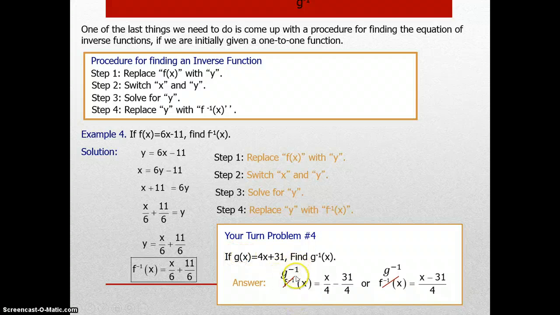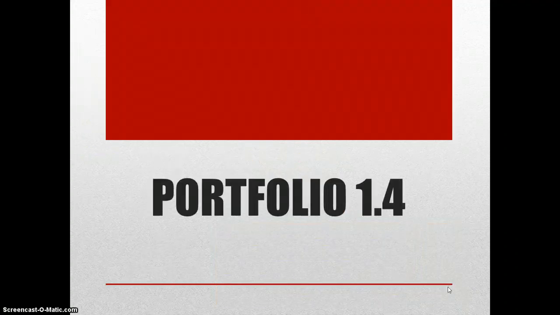So you should get g inverse is equal to x divided by 4 minus 31 over 4, or g inverse is x minus 31 divided by 4. Either one works. What you're going to do now is go on to portfolio